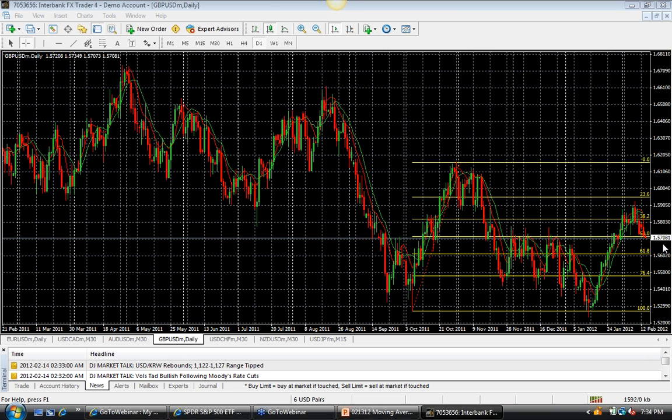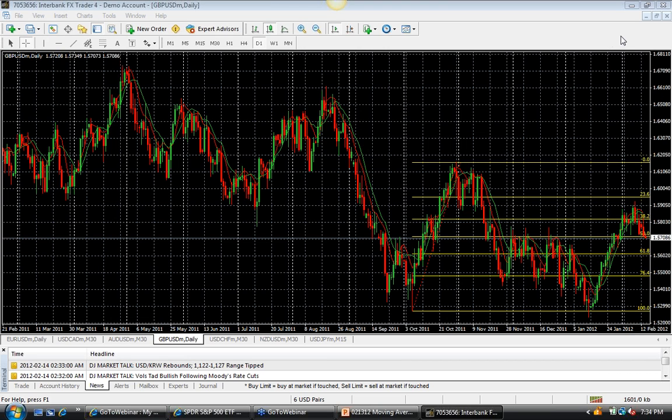Between the 9 and the 5. Yeah, I guess you're asking between the two different ones. I just picked arbitrarily the 50 and the 200, which are very well known. The 5 and the 9 are very well known. If any of you know Fibonacci numbers, sometimes people like to use the moving averages that are Fibonacci numbers, like a 5 and an 8, a 21, that kind of stuff.